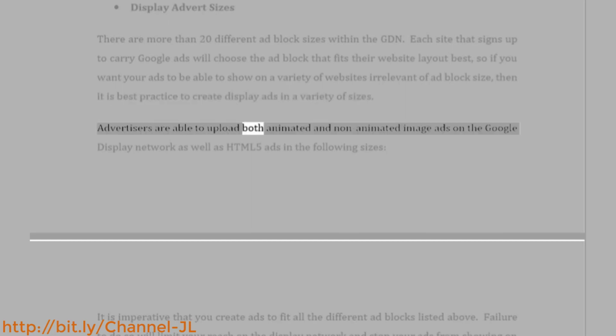Advertisers are able to upload both animated and non-animated image ads on the Google Display Network as well as HTML5 ads in the following sizes. It is imperative that you create ads to fit all the different ad blocks listed above. Failure to do so will limit your reach on the display network and stop your ads from showing on certain